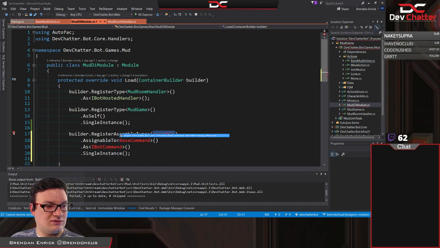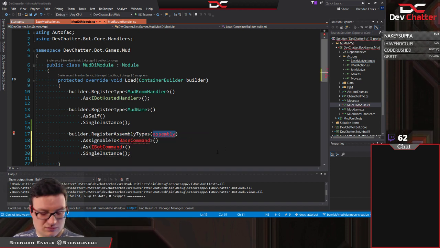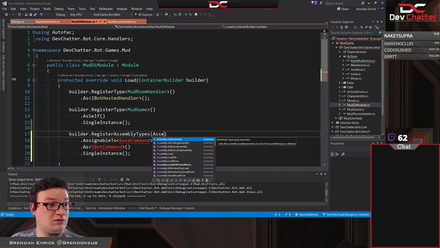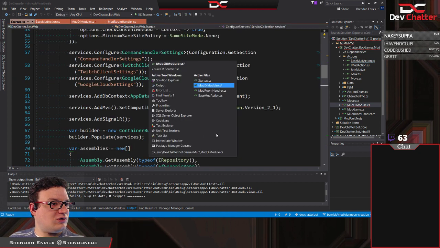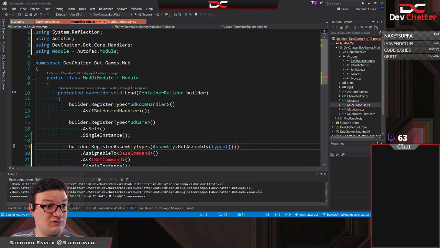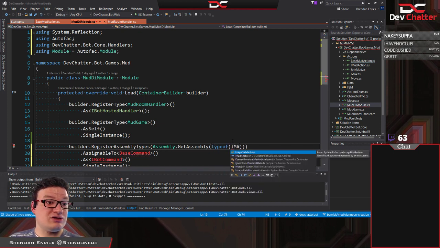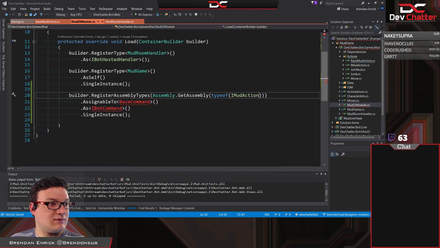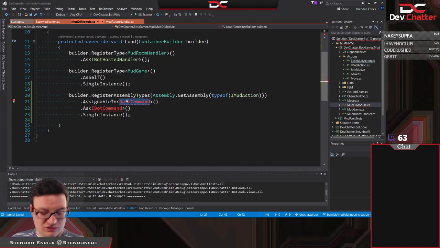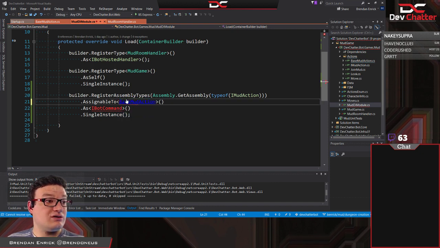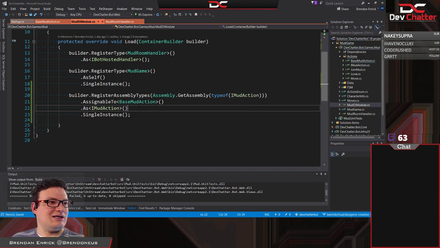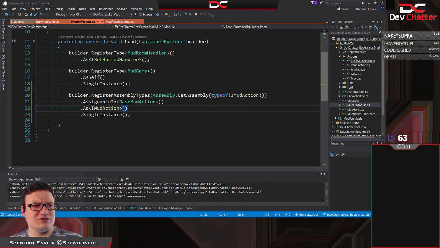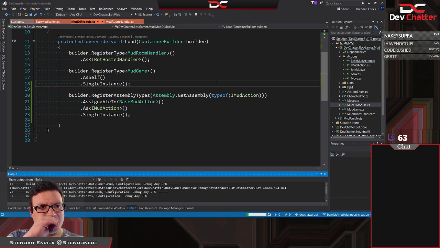So we say get assembly for type of, we want to say imud action, and then we are going to say if it's assignable to our base mud action, then we want to make that an imud action. And I think, cross your fingers, I think that's all we're going to need to do in order to make that work.